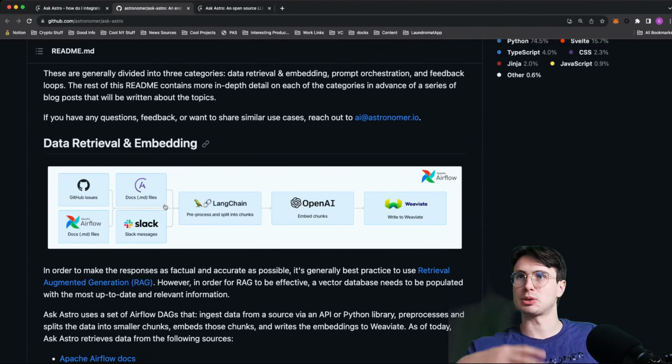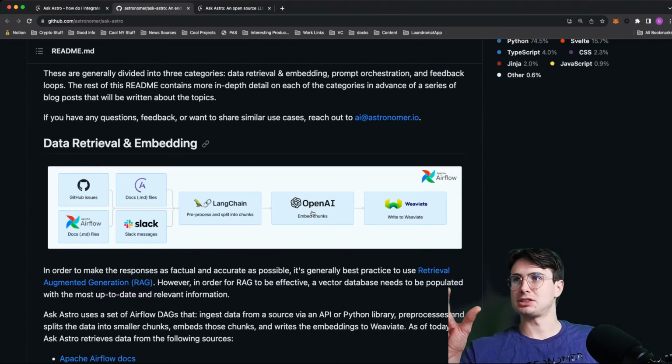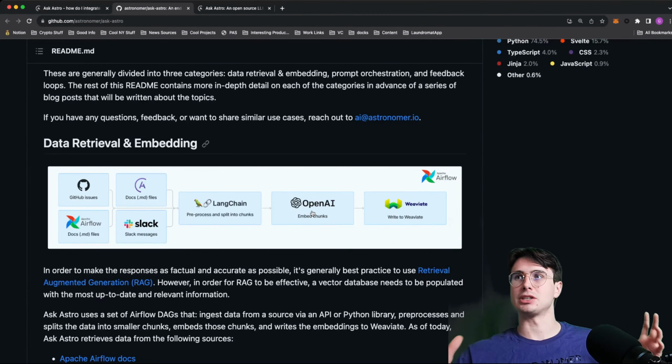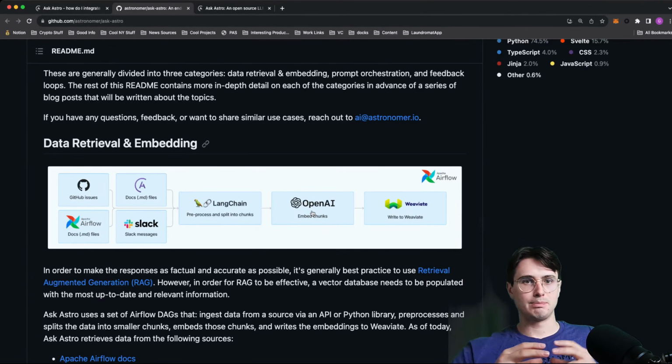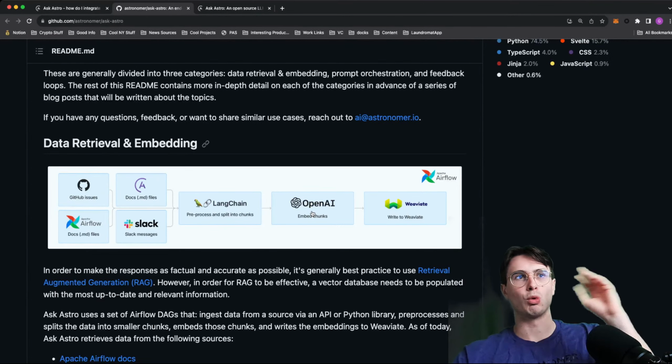What are some typical errors? What are some typical issues? What does the standard DAG format look like? Then we're using LangChain to pre-process and split that into chunks. Then using OpenAI to embed those chunks, which is basically distilling each of those data points to a more condensed and easily accessible embedding. So think of embedding as distilling many tokens, and a token is essentially a set of characters, a set of data points. So one English word or